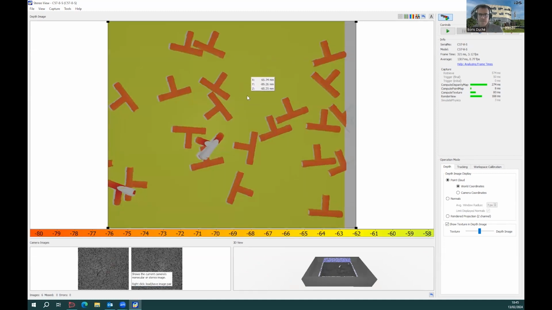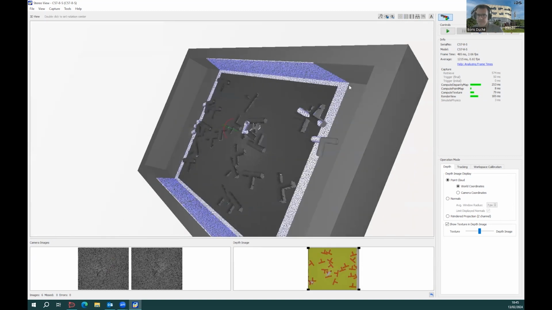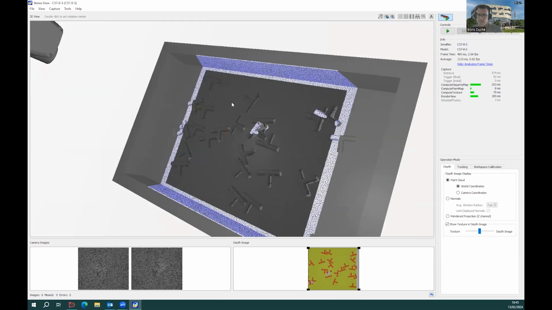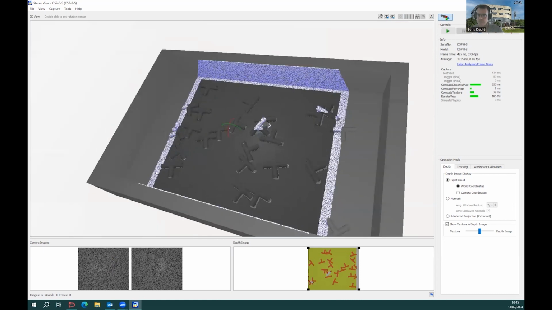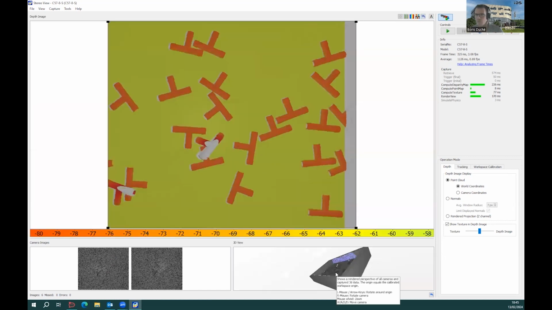Remember, in the depth map each pixel is encoded with XYZ values in millimeters, shown here in fake colors. And you can see the rendered 3D view, in that case with the monochrome information overlapped on the scene. Okay. So what we would like to do right now is to get a deeper understanding of the parameters available in this software so that you can adjust them for your use case.